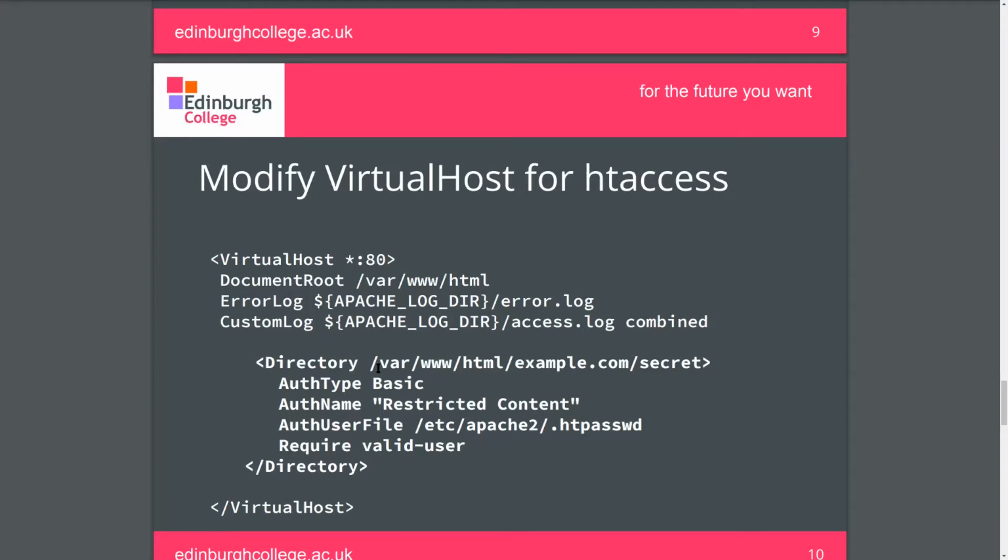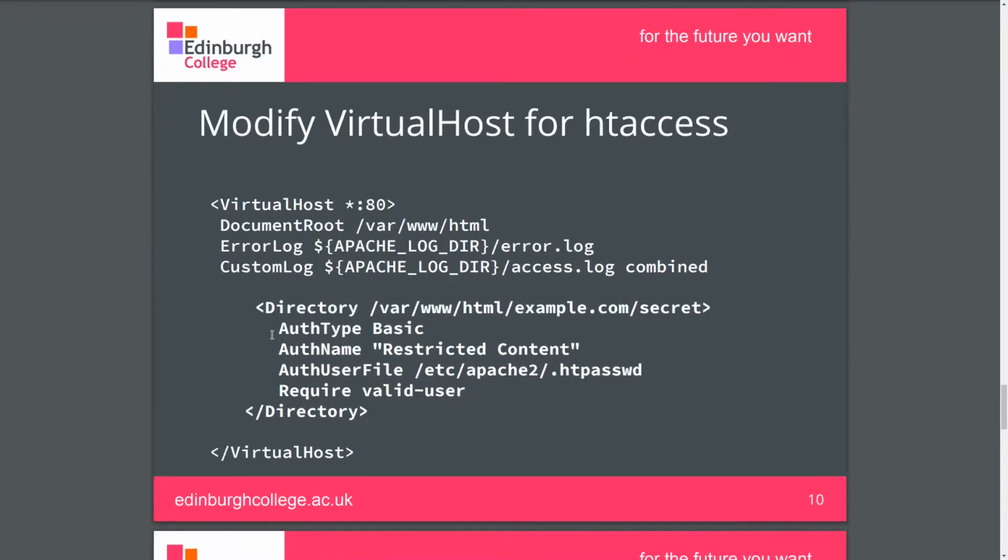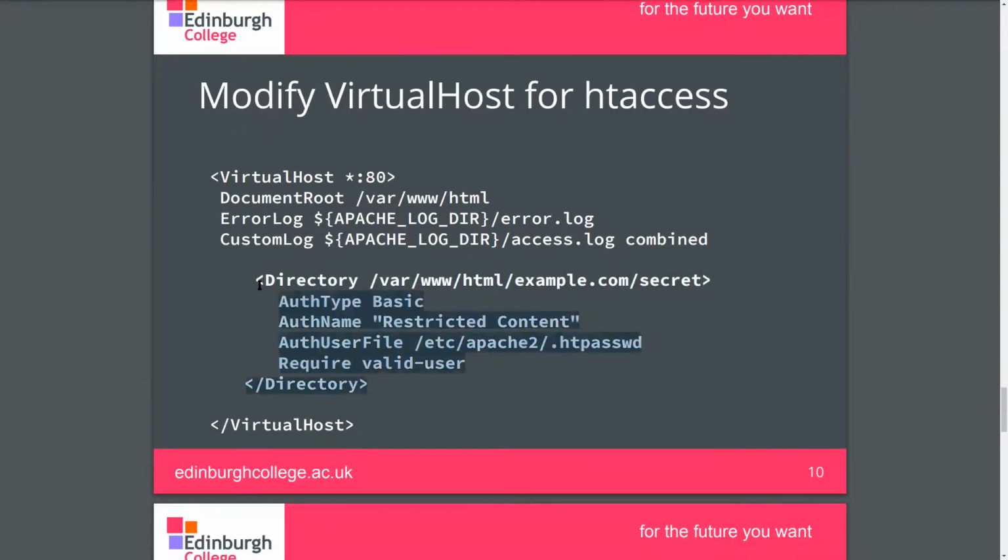Okay, so what we do is we just add in this section to the virtual host, this directive, sometimes called a stanza, I think. We add in this code block, shall we say. So this code block,